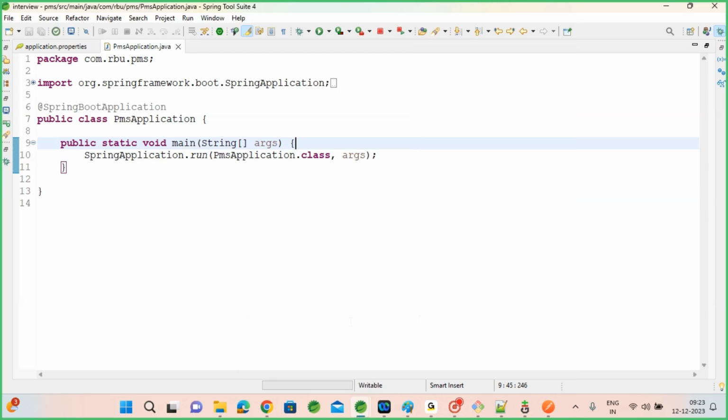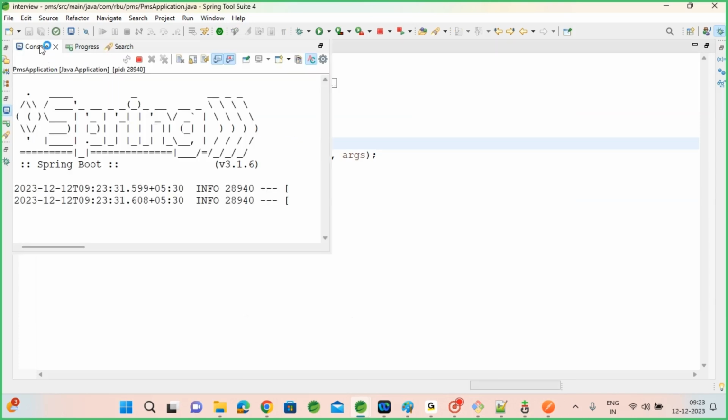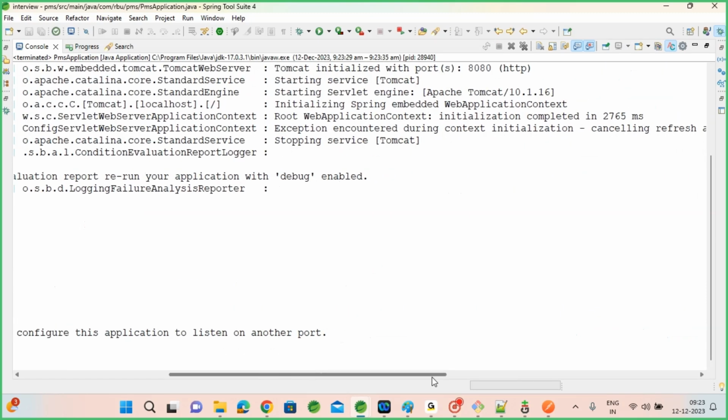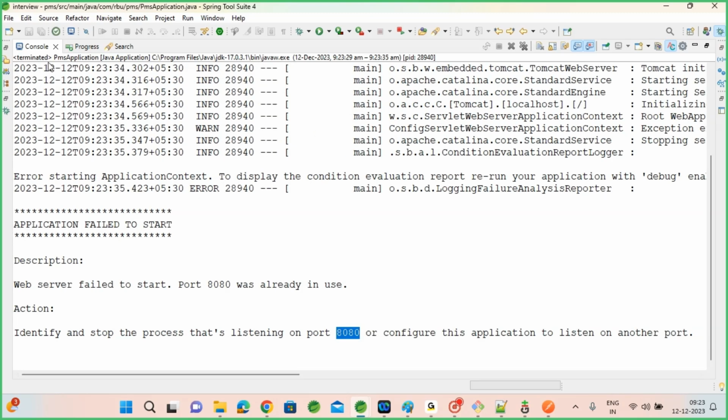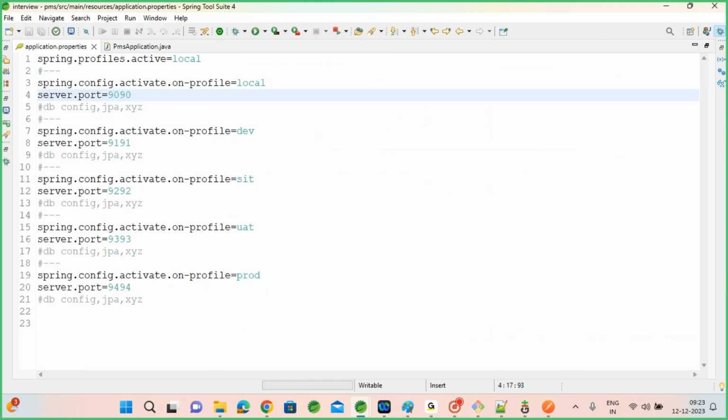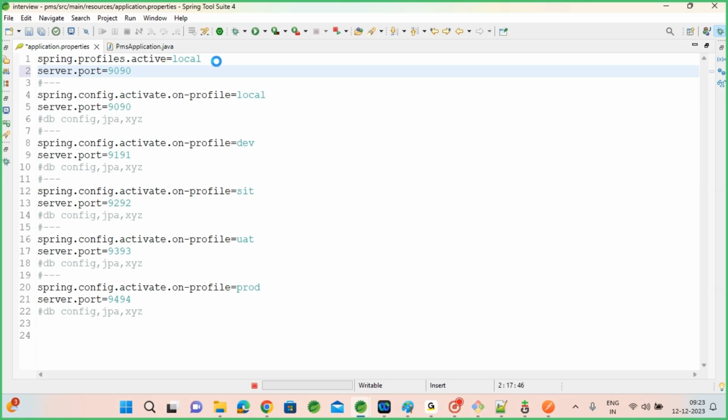Usually that is not recommended. At runtime only we will pass it. That means it is not refreshing the project at all. If I put a default server port again here,